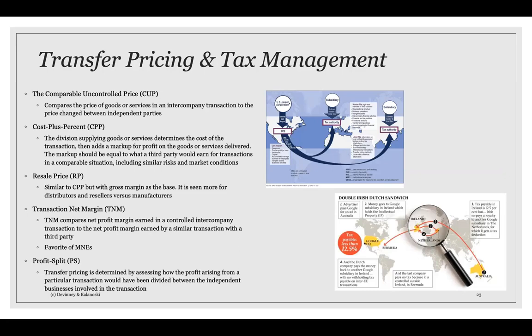And I gave the examples of Apple and Google in being able to essentially minimize their taxes quite significantly by the way in which they move money around between different locations, but also the way they charge back for things like intellectual property. Governments tend to use a variety of different means to estimate what an appropriate transfer price is, and that is a price between